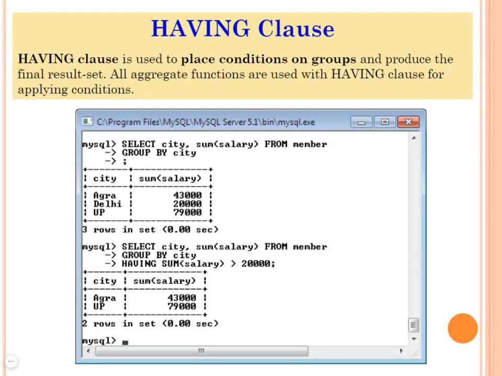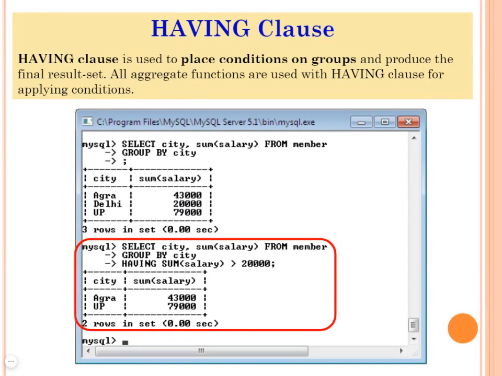Next, I applied the HAVING clause with the SUM function in this query. See the second query. SELECT city, SUM(salary). It means city is going to display along with the sum of salary. GROUP BY city means grouped according to the city column.